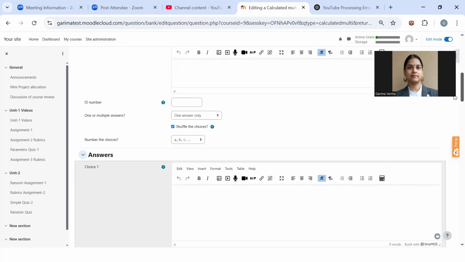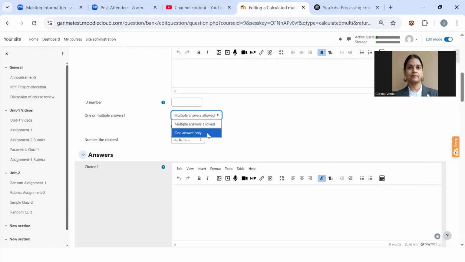Now there are two possibilities. Either only one answer is correct, or multiple answers may be correct. By default, you will get one answer only. If you click on this, you will get multi-answer allowed. So there can be a possibility that more than one answer is correct in a quiz.